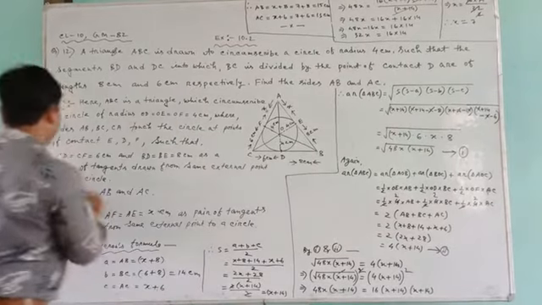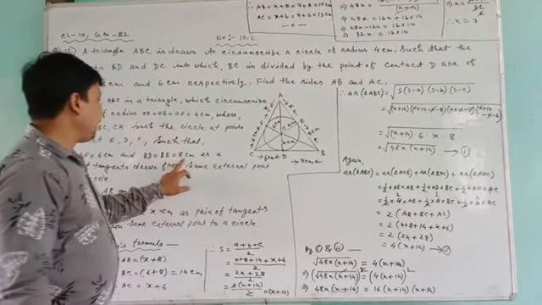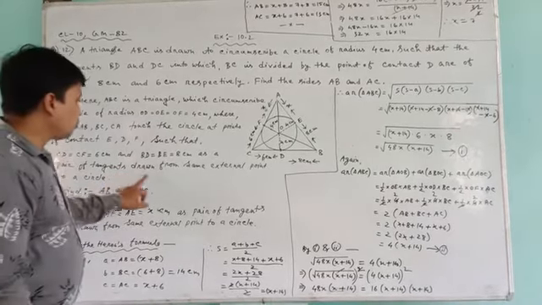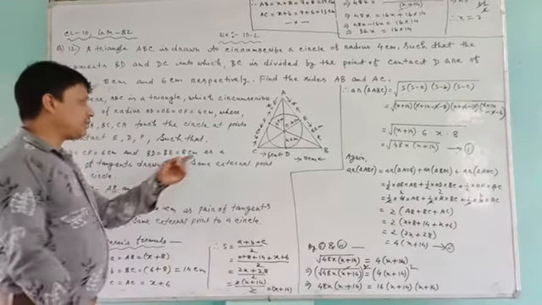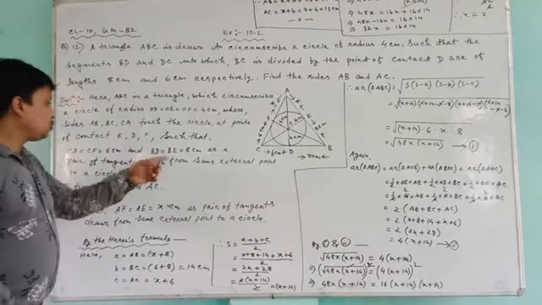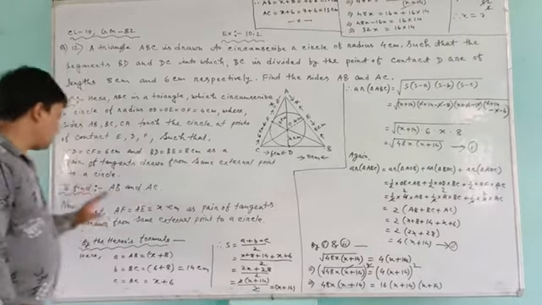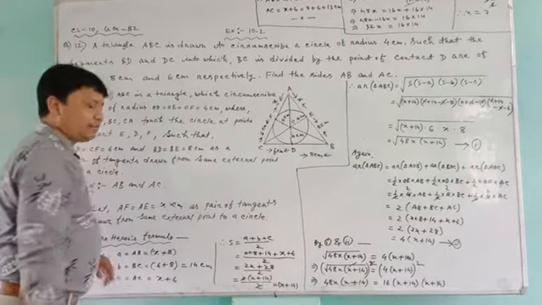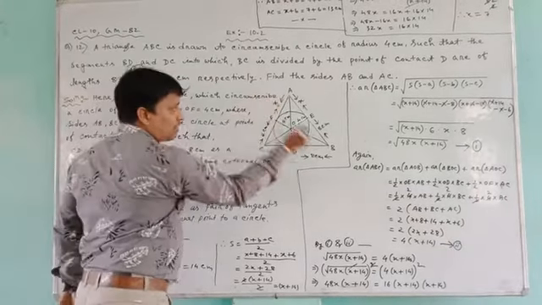Okay, these two things are already mentioned there. CD equal to CF equal to 6 centimeter and BD equal to BE equal to 8 centimeter, as a pair of tangents drawn from the same external point to a circle. That reason we have also mentioned on the side. So these two are equal and these two are equal, and we have represented them in the diagram. Okay. Now we need to find AB measurement and AC measurement.